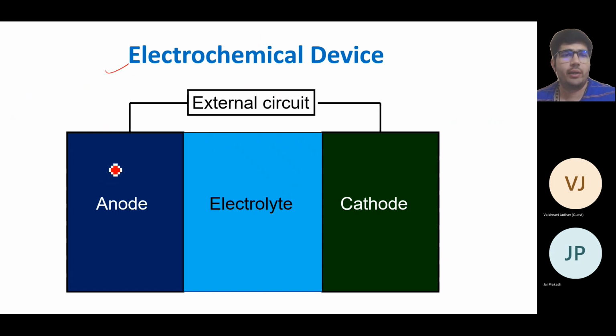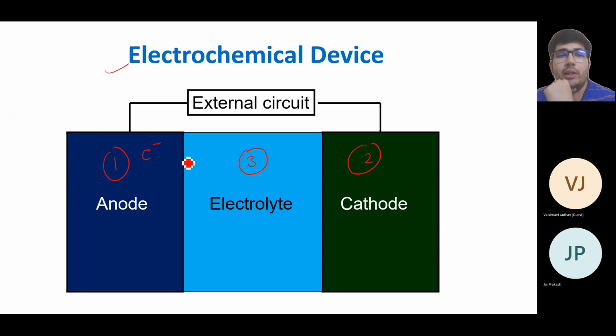So basically there is an anode, there is a cathode, and in between the anode and cathode there is an electrolyte. Okay, and there is an external circuit which is connected with the anode and the cathode. Suppose chemical reactions will happen at the anode and cathode. So the main point is that the electrons that will be liberated due to the oxidation, and that will be consumed in the reduction,